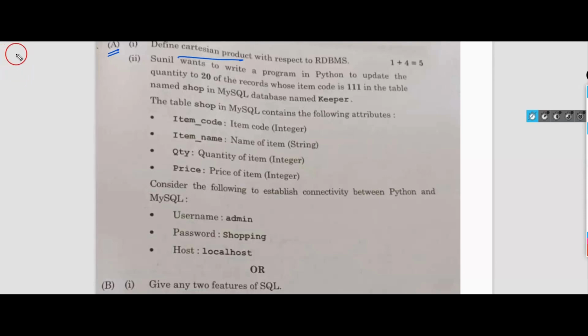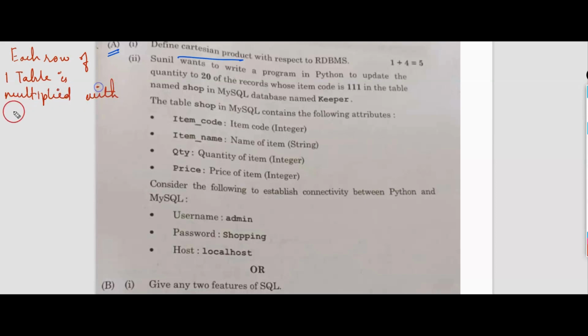Each row of one table is multiplied with each row of the second table.